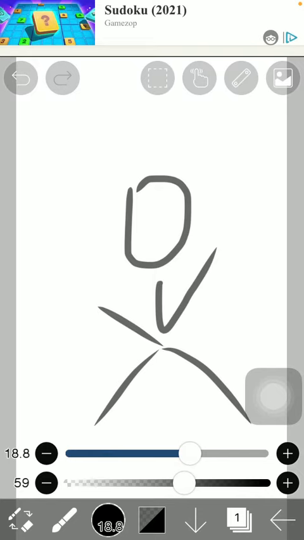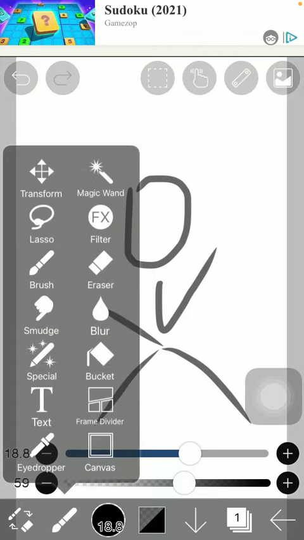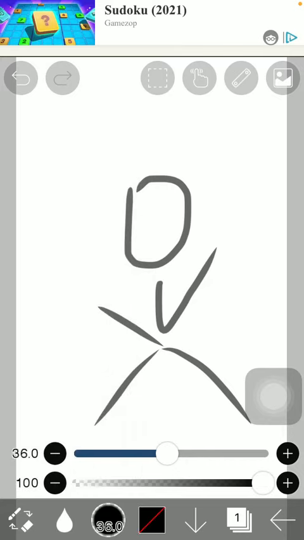So click on this brush icon down below, which is the second option, and then select the blur effect or function indicated with this image of a drop. So click on it, and then